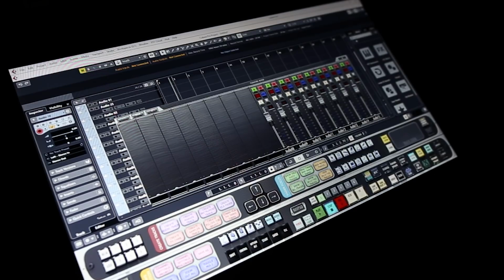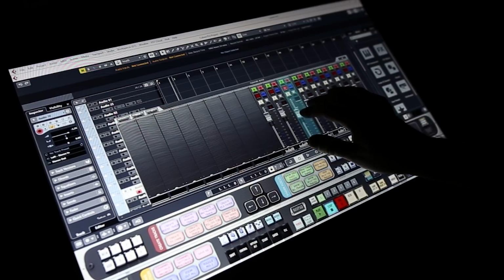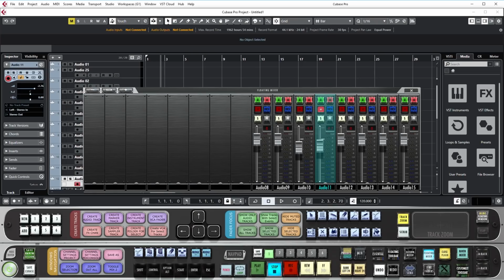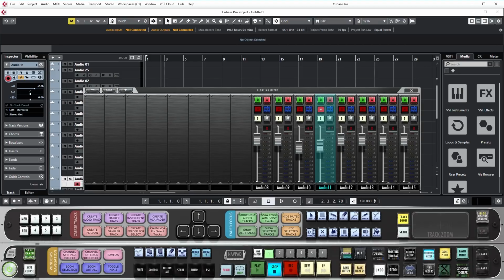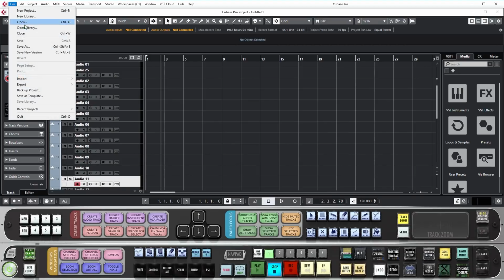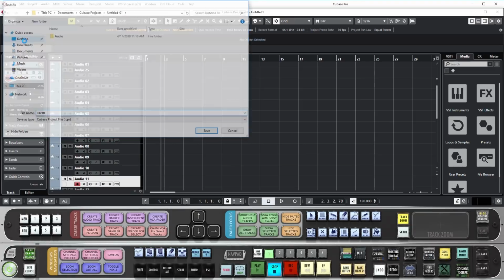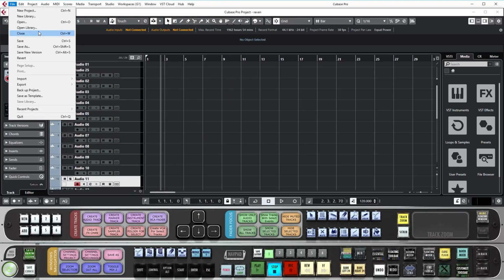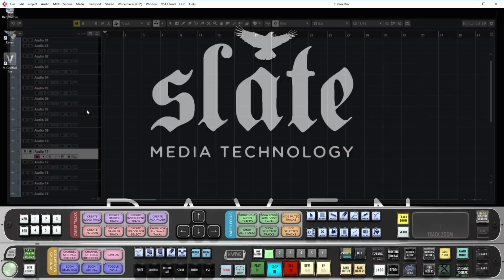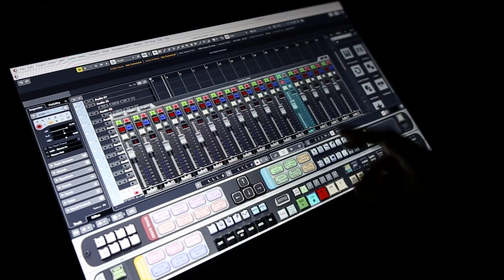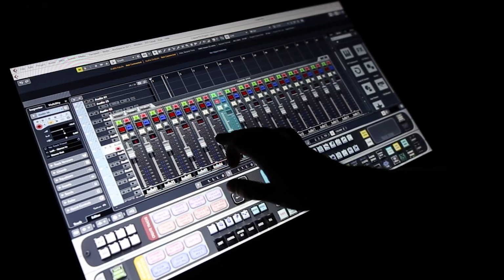Next, open up the floating mixer, and users will notice they have faders. However, it's possible we will need to restart this Cubase project to get Cubase and vControl Pro to sync. So if we're only showing 8 faders, save the current session and close the project. Then simply reopen the session. Now in the floating mixer, we have the rest of our faders.